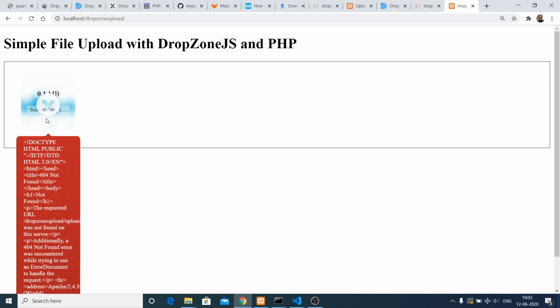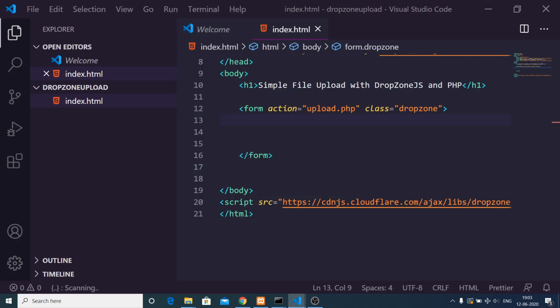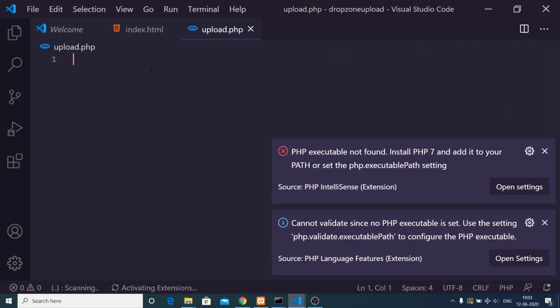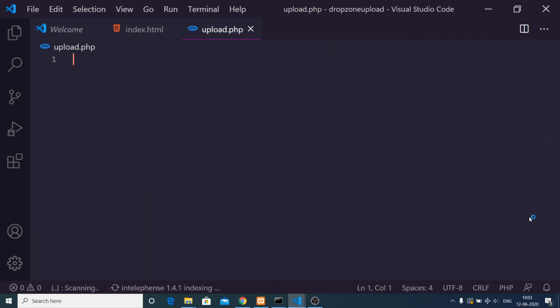It is saying that the script we have written, which is upload.php, is not there, so it is also giving us this nice error that we can find. So now we just need to write this upload.php, but before that we also need to create our uploads folder where we will be uploading the files. So now after this we will create this upload.php script. This will be 3 lines of code. First of all, we need to define the target directory where we will be storing the files. So target underscore directory. So just first of all declare the PHP tags.